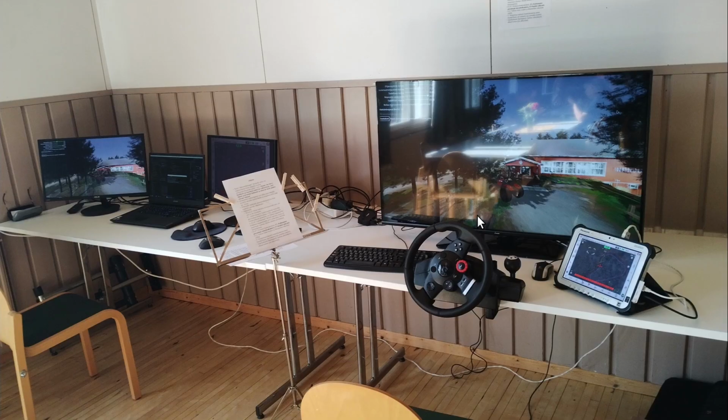Here's how the simulator was set up there. So there was this 42 or so inch TV showing the simulator. The control devices were here. Pedals were also here on the floor, not visible in this picture, but there they were. And this tablet was running OpenGPS, and it was connected with this Ethernet cable to the laptop here, running the simulator.